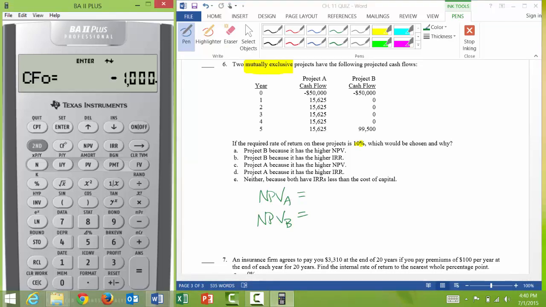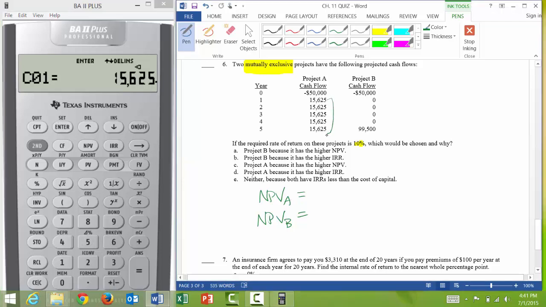So for the cash flows, I hit second, clear work, and I enter these cash flows: 50,000 negative, and I hit enter. And cash flow 1 is, okay, that's kind of nice, 15,625 and enter. And actually, it never changes. If you look over here, all of these cash flows are the same, and it happens 1, 2, 3, 4,